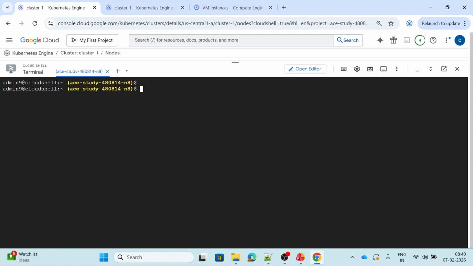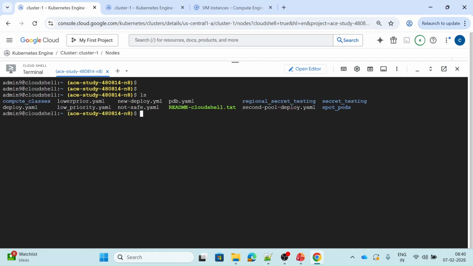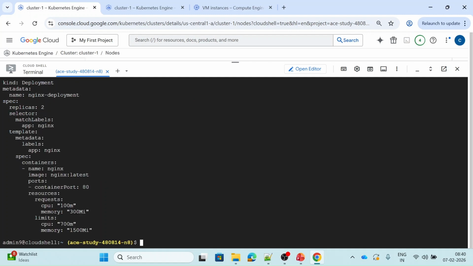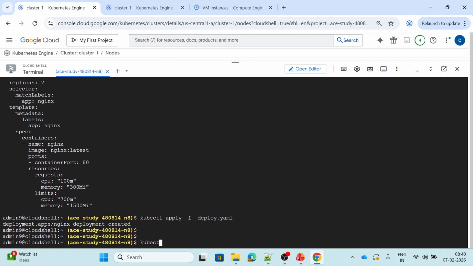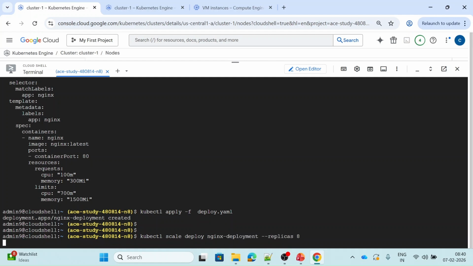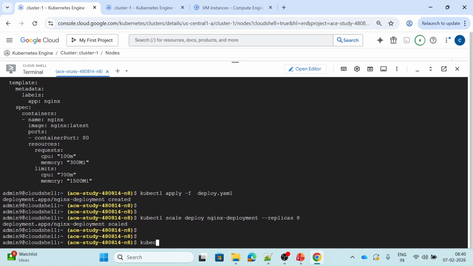So our cluster autoscaling has been enabled. Now, as I've shown at the start of the video also, I have a deployment.yaml file. In this I'm using 2 replicas and this is my deployment name. So I'm going to run this. Let me run kubectl apply -f deploy.yaml, and after that I'm going to increase that pod count or replicas count. So I'll scale the deployment, and I'm going to go with 8 replicas, and after that let me run kubectl get pods,